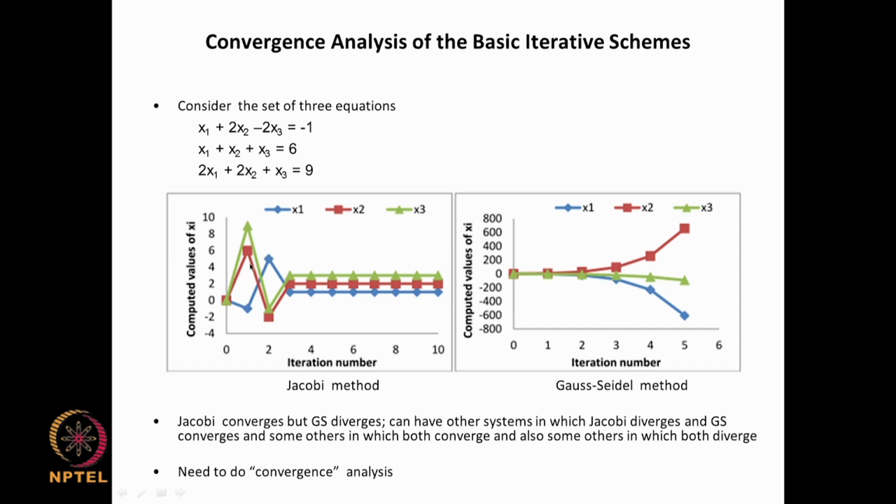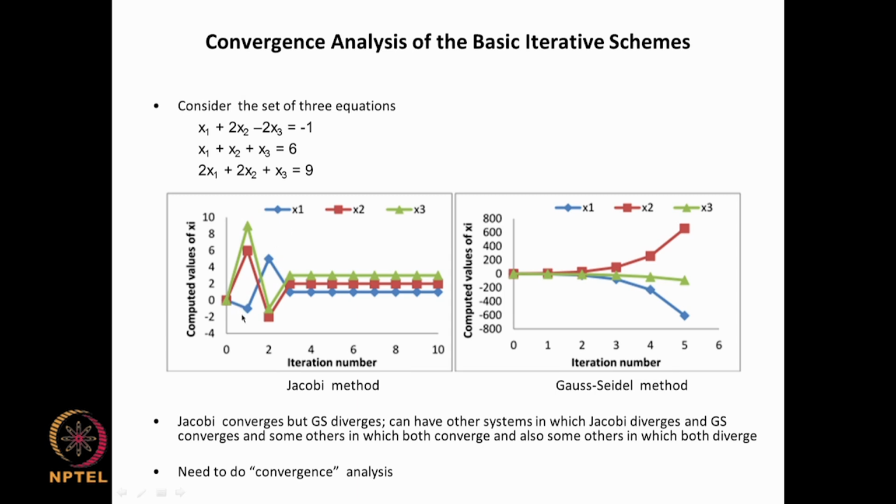Since we have 3 unknowns, we can show this graphically. The computed value of xi is plotted on the y axis and the iteration number on the x axis. x1 is in blue, x2 is in reddish color, and x3 is in green, each with its own symbol: diamond, square and triangle respectively. You can see that we start with 0 values for all 3, and at the end of the first iteration,